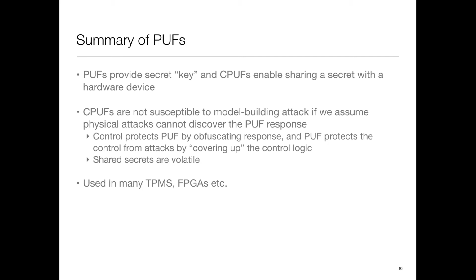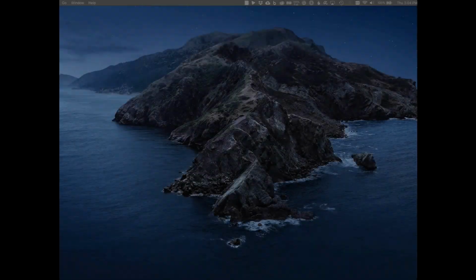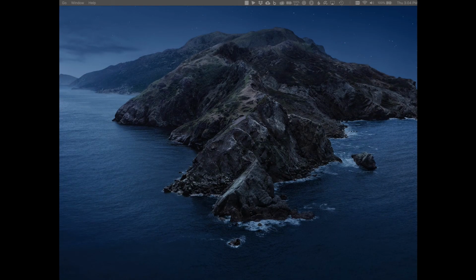So there are conferences which focus on hardware aspects of security, and PUF related papers are still quite common there because people try to come up with creative ways of building PUFs. Any questions before, okay, so